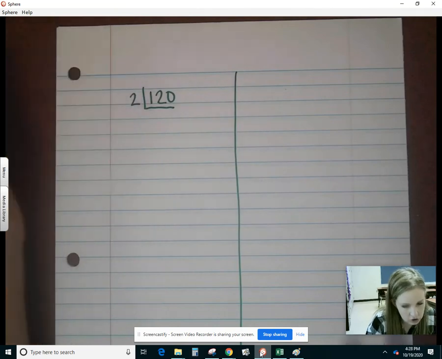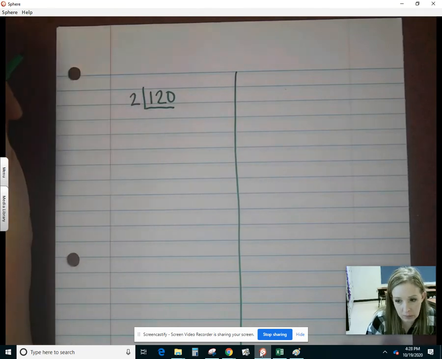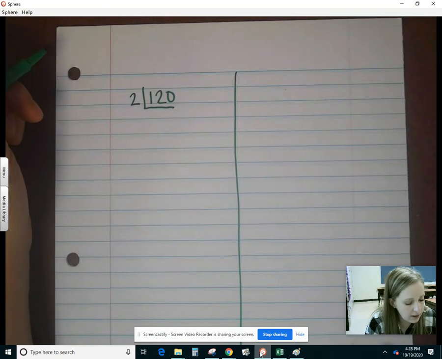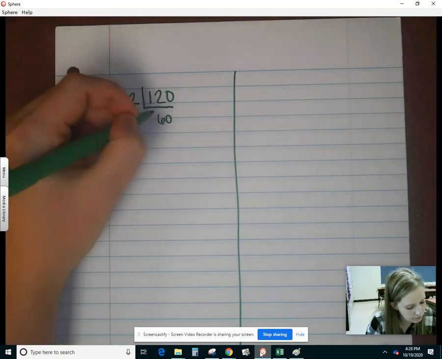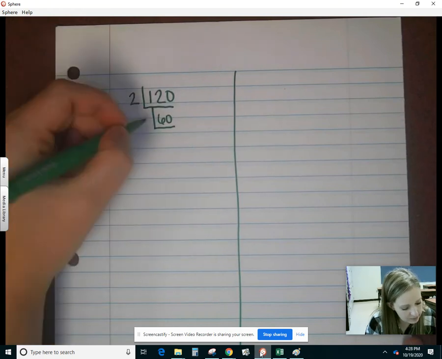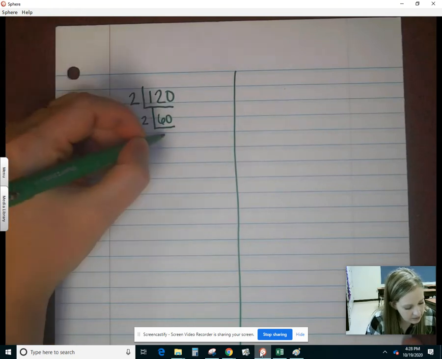I like to start with 2 if it's an even number, and this one is even. So you're just cutting it in half. Half of 120 is 60. You can also cut 60 in half. Half of 60 is 30. And